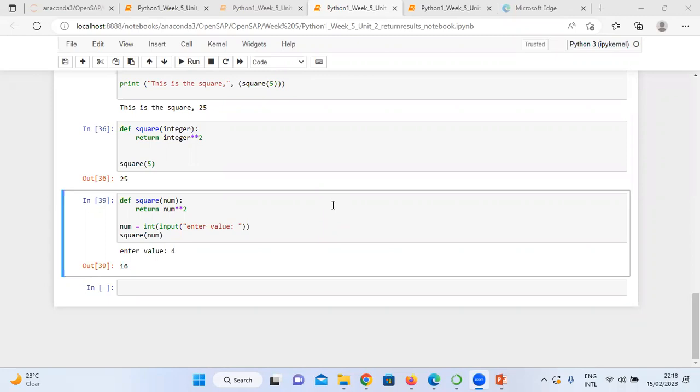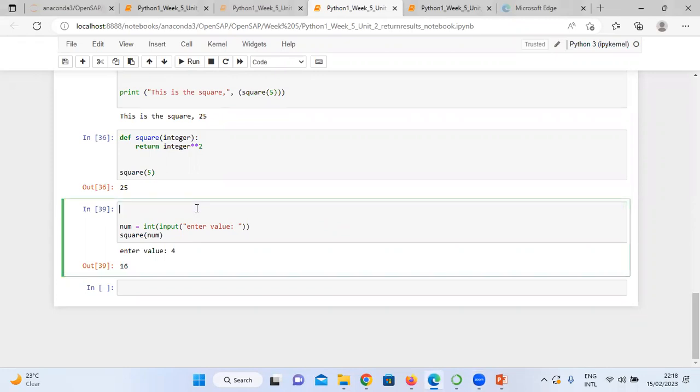It is within the normal body of the program that we call the function. So if we didn't have this, if you allow me, I want to cut it. I will paste it later. If we did not have that,